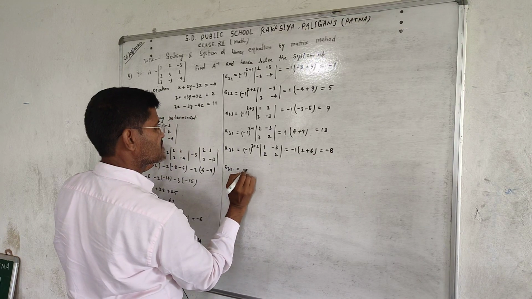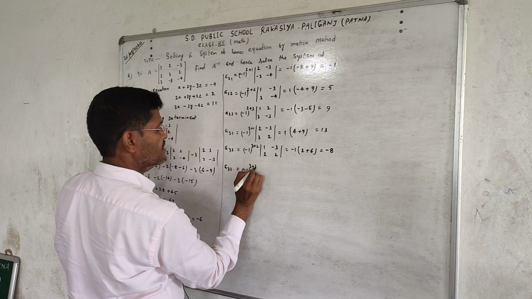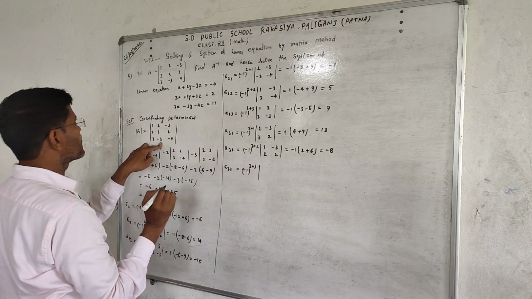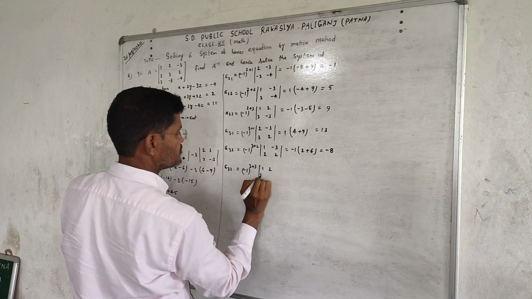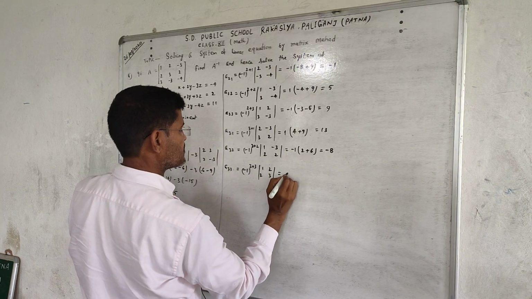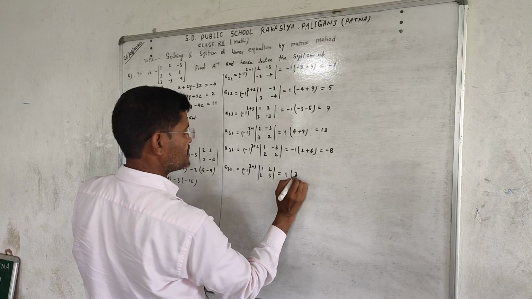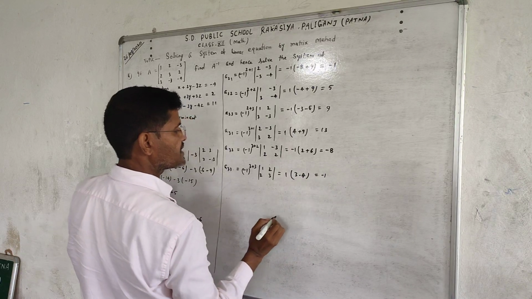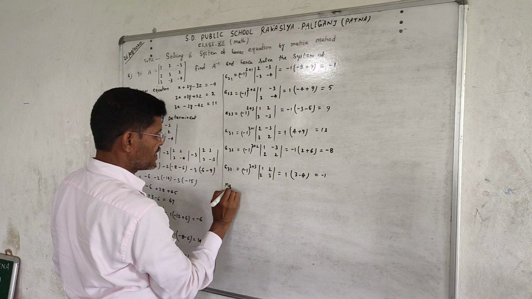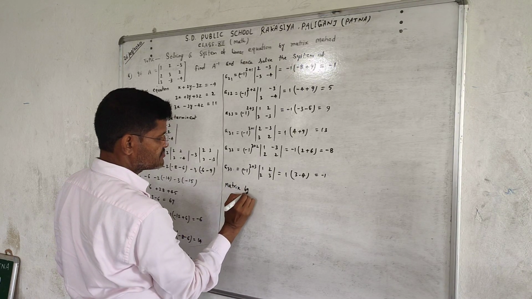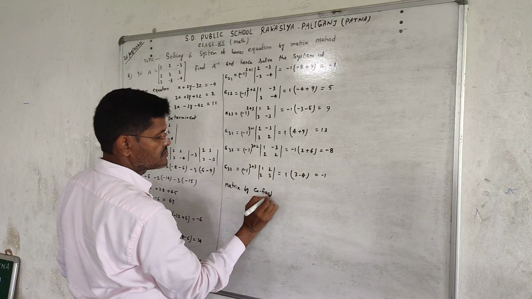A33 is equal to (-1) to the power 3+3, and its corresponding determinant is |1 2; 2 3|. It is equal to 1 times (3 - 4), that is -1. Then the matrix of cofactors is